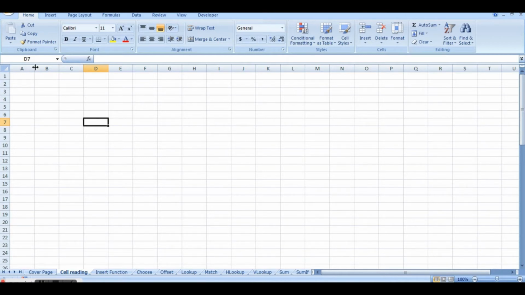The columns are A, B, C, D and so on, and the rows are counted as 1, 2, 3, 4 and so on, and the cell that you click will be read as the column name and the row number. So here when we click here, we can see that it is read as D7, meaning column D and row 7.